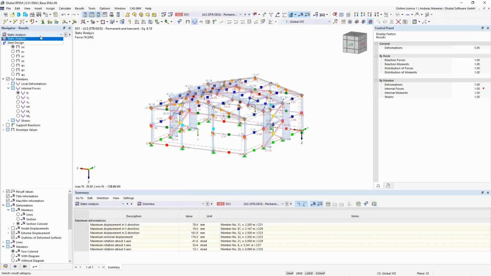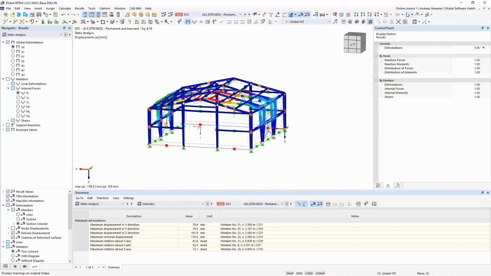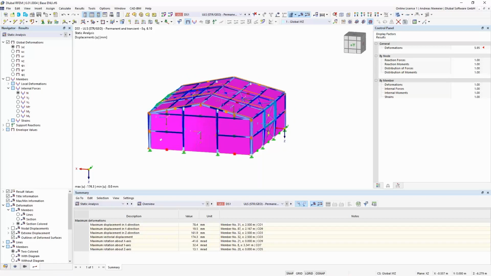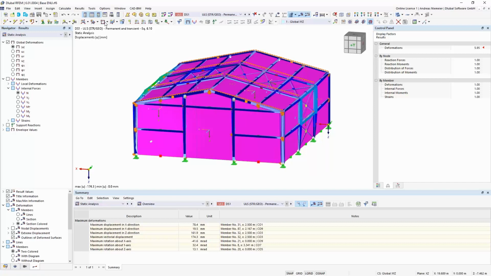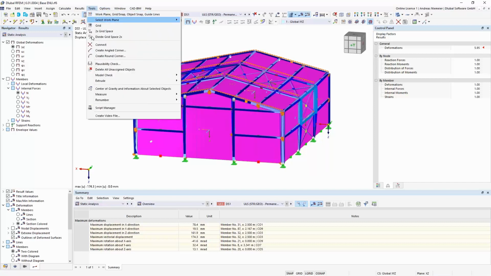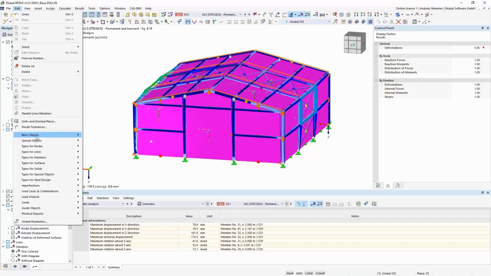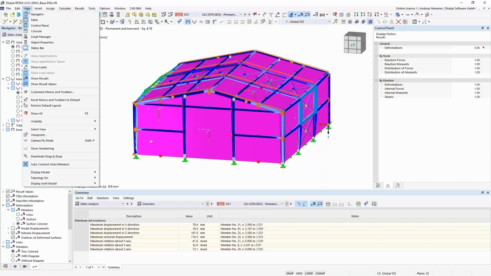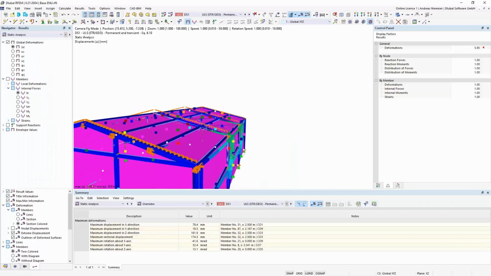Now let's go to the deflection. You can display, for example, or you can give your customer for presenting your work a video file, which you can create here below in tools. And here it's quite interesting to use this view camera fly mode, which gives you the option to fly also into some objects.